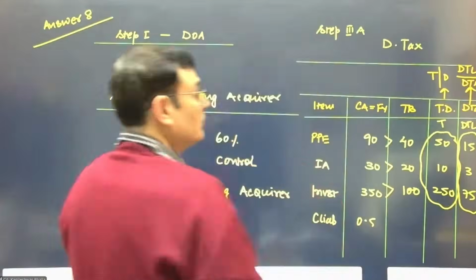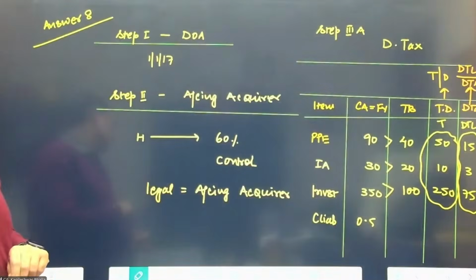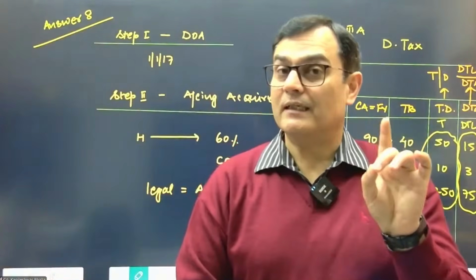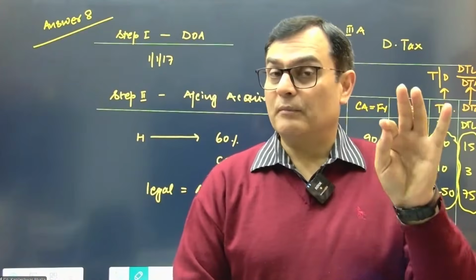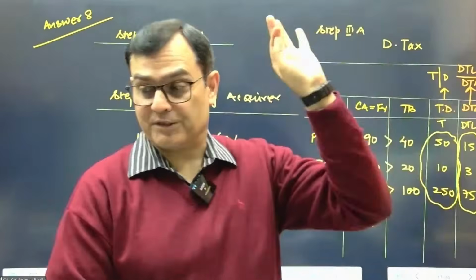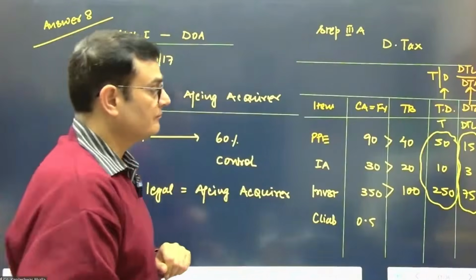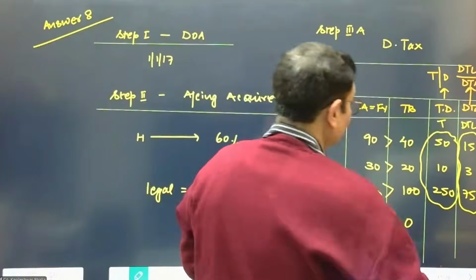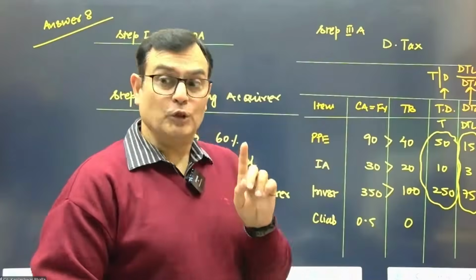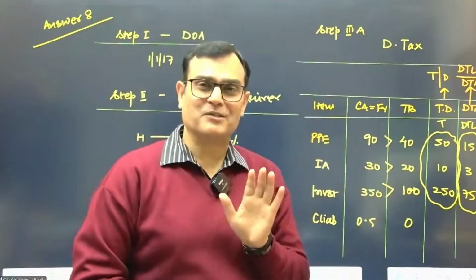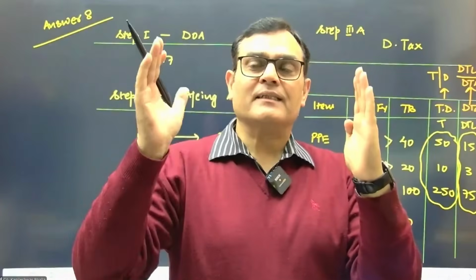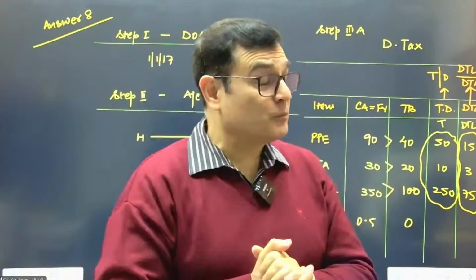And what will be the tax base? You tell me what will be the tax base. The tax base of a liability is supposed to be the carrying amount minus the future deduction. So carrying amount is 0.5. Once you pay, you get a future deduction. So what will be the tax base? Zero. That's zero because the carrying amount is 0.5, and the future deduction is also 0.5. So 0.5 minus 0.5 becomes zero.